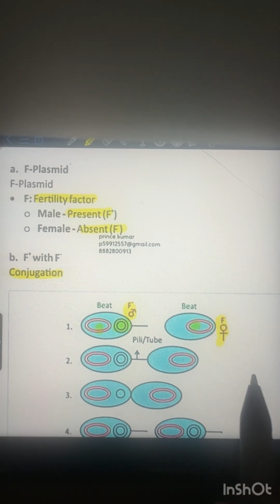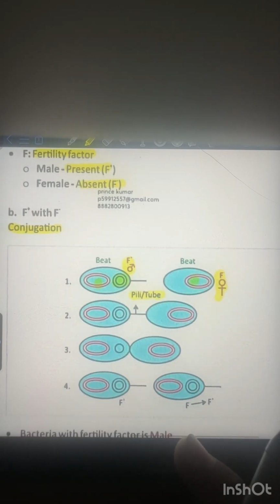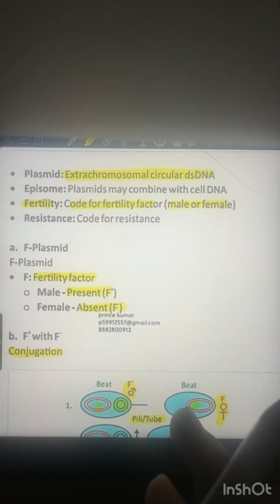How will this male end up giving the fertility factor to the female? What will form in between? We know that you've told us there will be pili or a conjugation tube that will form. Fine, the tube has formed. Contact has occurred, the tube has formed. But what after that? See, many students believe it is cut and paste. No, remember in Windows we do cut and paste. I'm not doing cut and paste. I'm doing copy paste. What do I mean by copy paste? One of the copies of the plasmid